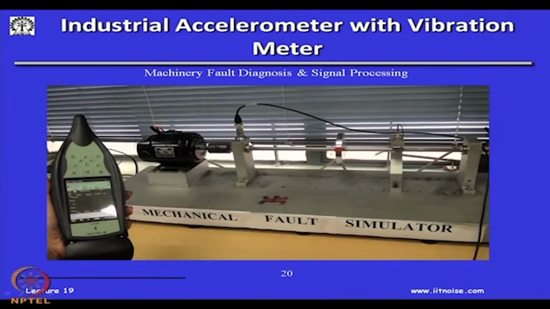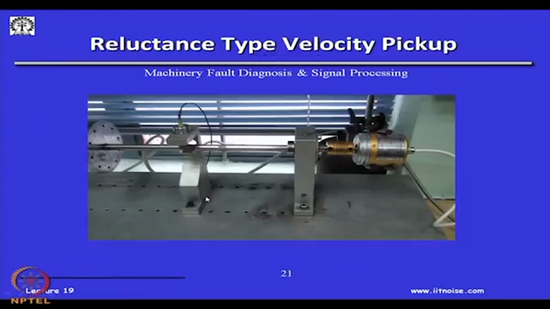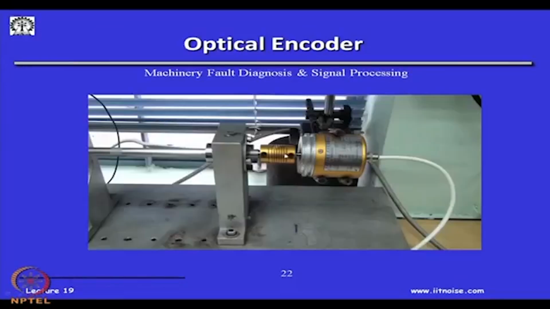And this is an industrial type of accelerometer which can be subjected to very, very high temperature. This cable is special, and then we have a vibration meter, which will actually show you the spectrum. Okay. These are all there in our lab. You can go to this website and see this system as well. And this is one of the reluctance type velocity pickups which we have used on this shaft. Okay. We can also use an optical encoder to measure the rotational speed,